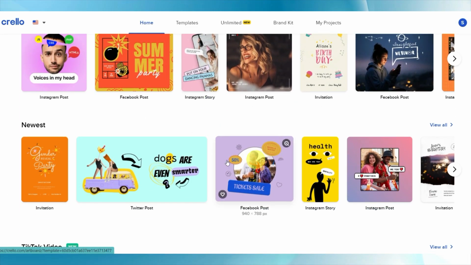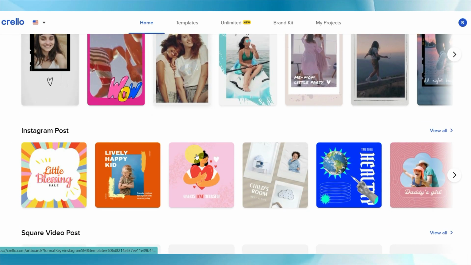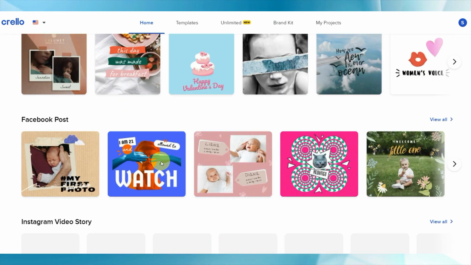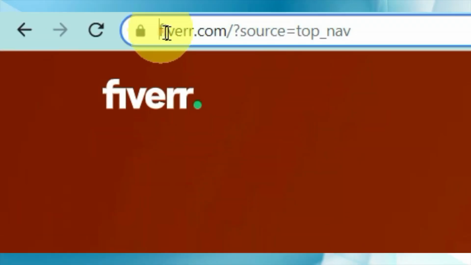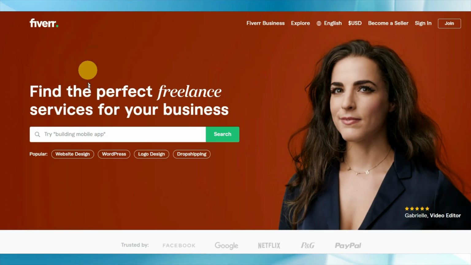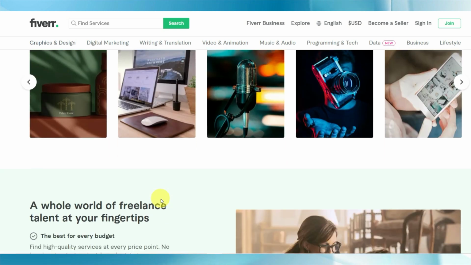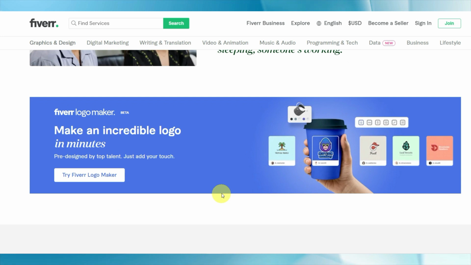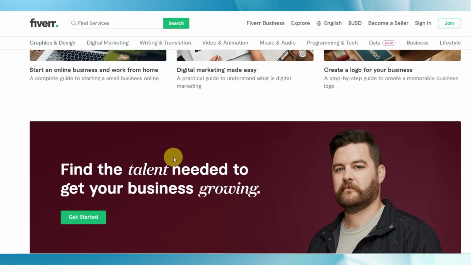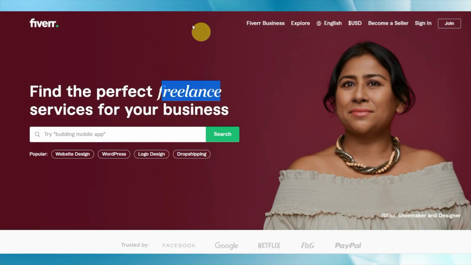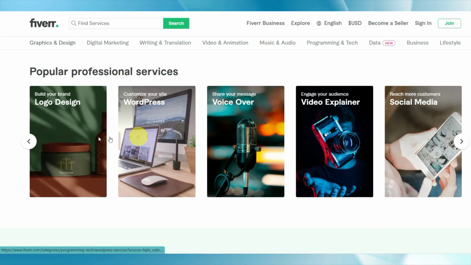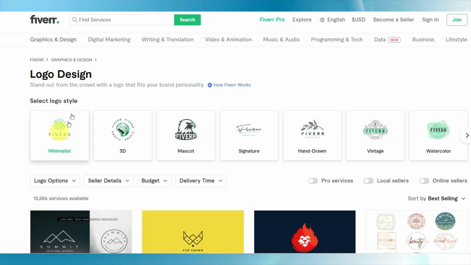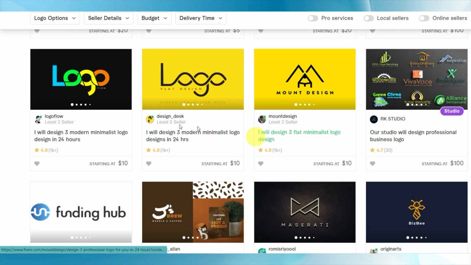Step 3. I will show you how to make $10 every minute using these logos we created in this step. Most importantly, I want you to go to Fiverr.com. If you don't know what Fiverr is, this is a freelancing marketplace. Right here, people are selling logo designs, intros, thumbnails and numerous services. So we will sell logos right here. As I showed you earlier, it's very easy to create a logo by using that free tool. When I go to the logo section, many people are selling logos here, making a lot of money on Fiverr.